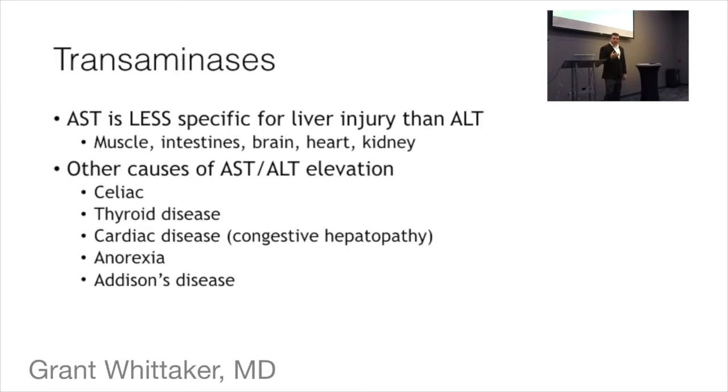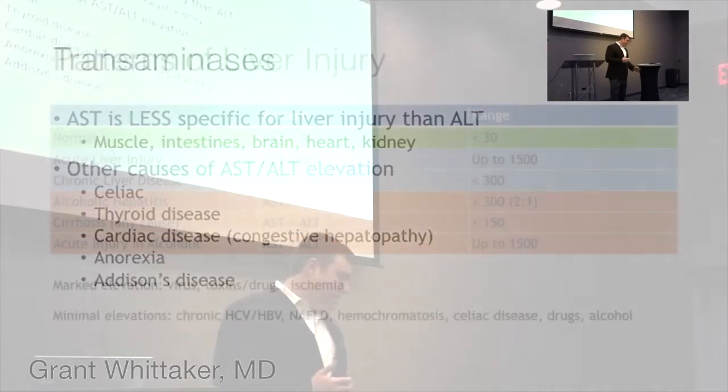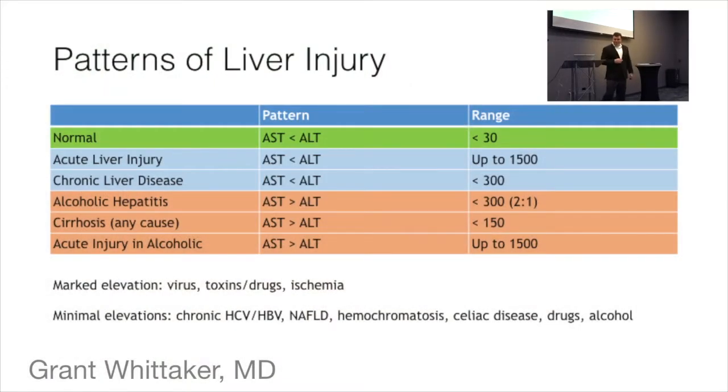So if you have a patient that's at risk for celiac, they're younger, they're usually Caucasian, and they have this mildly elevated AST-ALT, you want to think, could this be celiac disease? And so that's part of my usual workup when I get someone in the office: I'll check for celiac. Thyroid disease, having chronic heart failure can also raise AST-ALT, and then Addison's and anorexia. So there are other things to think about other than primary liver disease. And this is kind of a summary of that thought